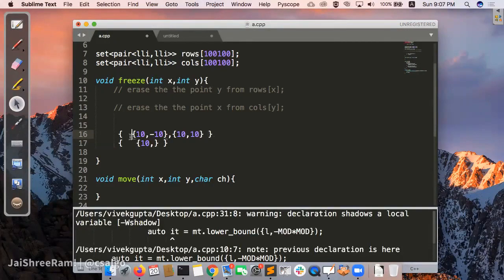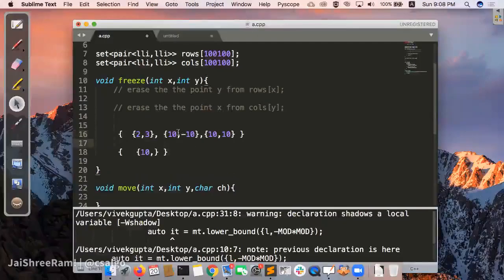There can be elements like 3 comma 2 or 3 comma 3 and so on in the multiset, so the second value might not be greater than the first value. This is a general scenario, not the previous question scenario. But let's say you have to find a particular element which is greater than or equal to 10 in its first value. That's the condition, and if there are multiple, find the smallest one.